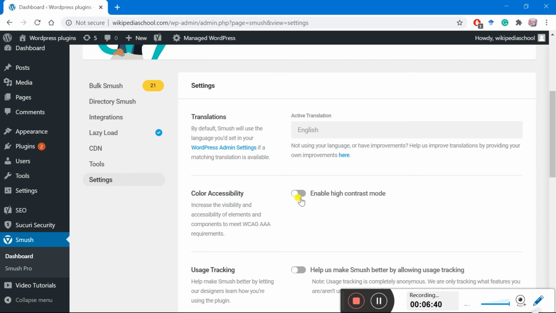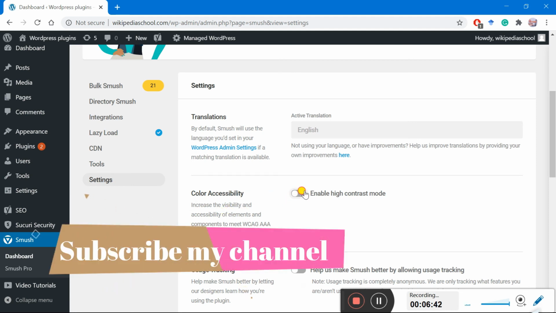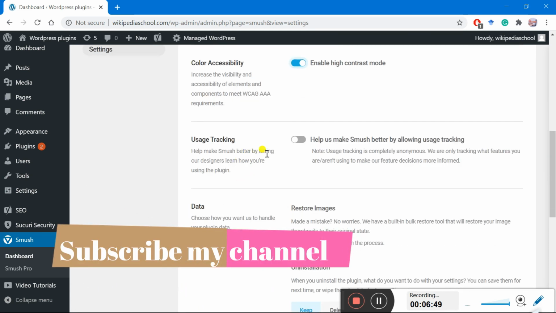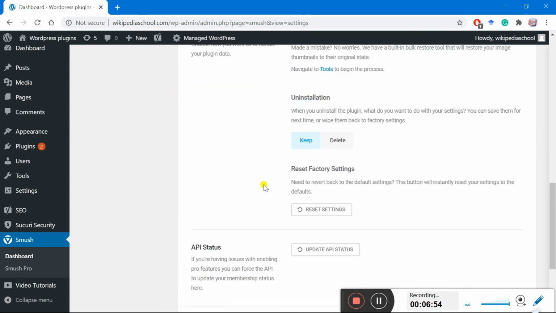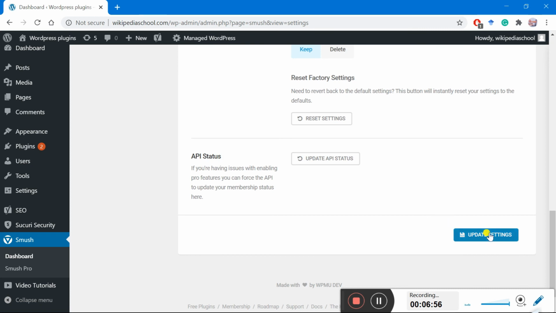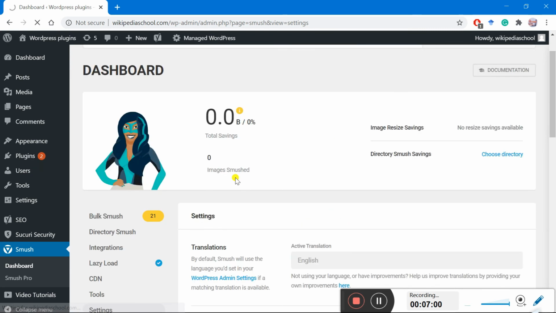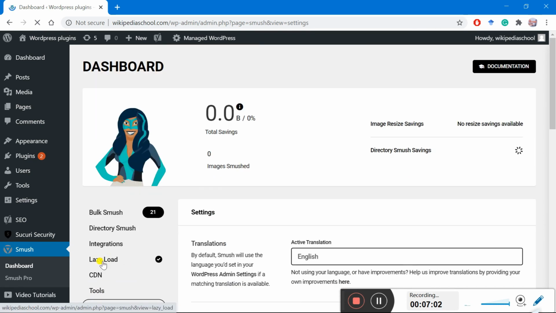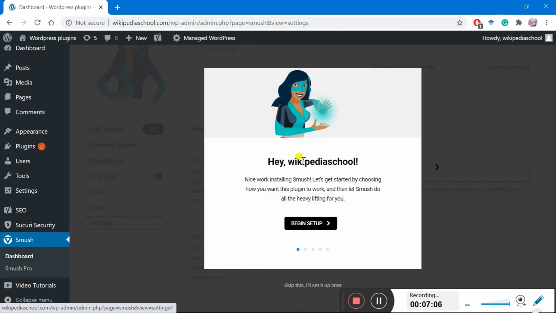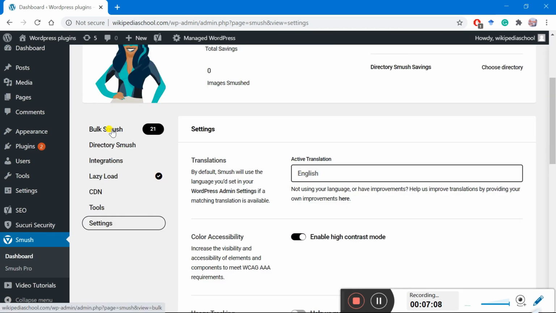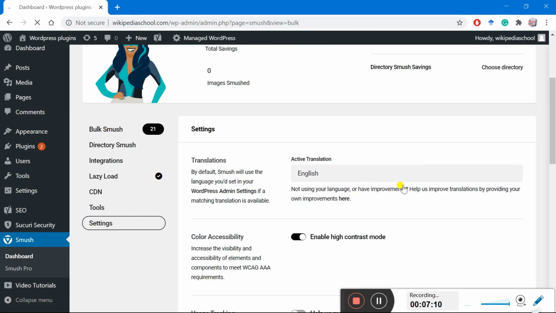These are some color combinations, color accessibility. By enabling it, it will increase the visibility and accessibility of elements and components. There are other options as well. If you want to use them, you can. Then update settings.